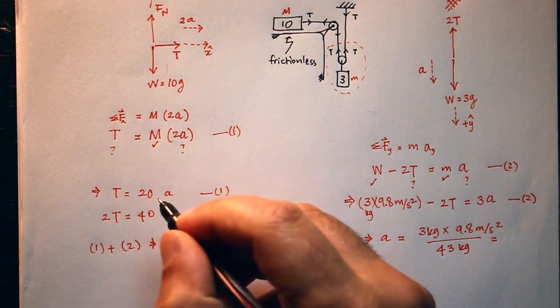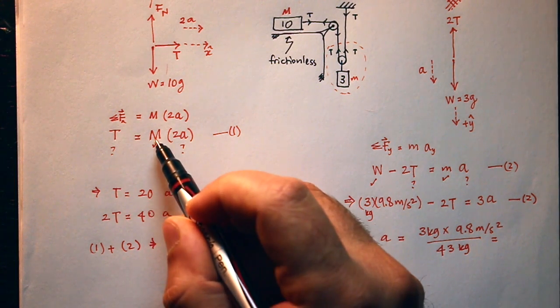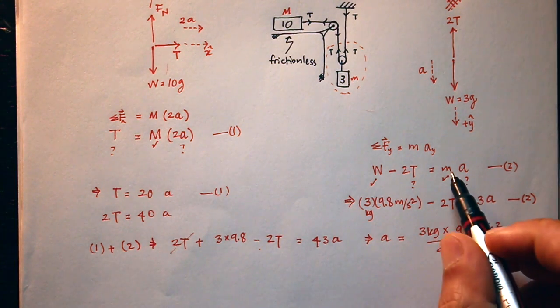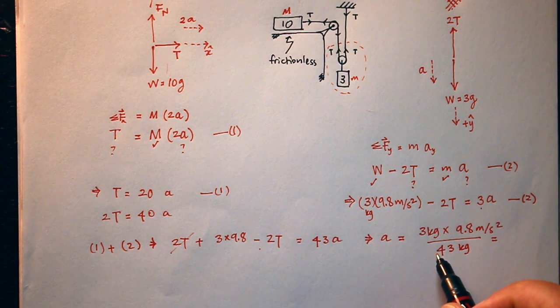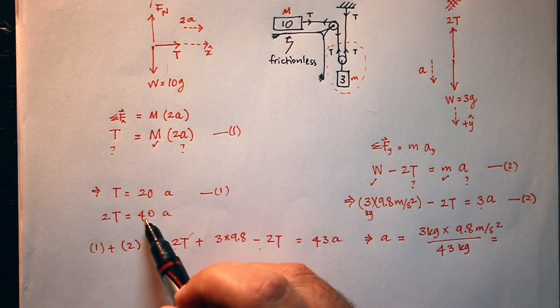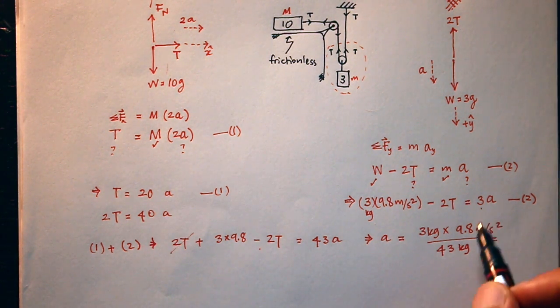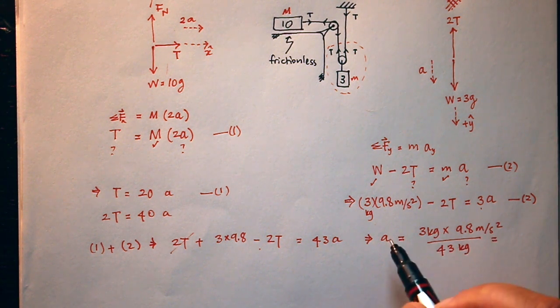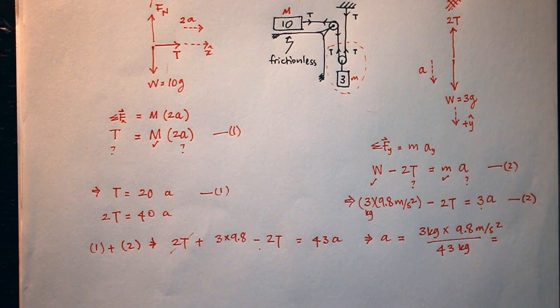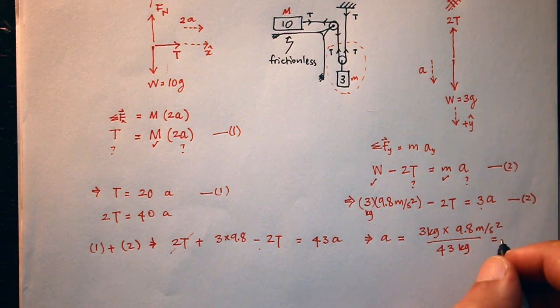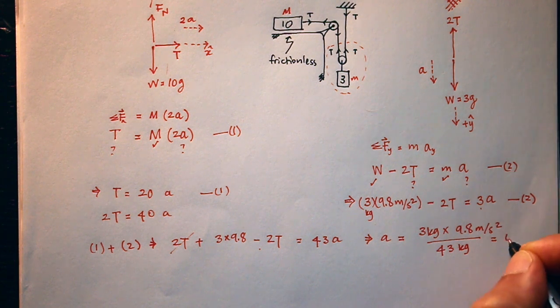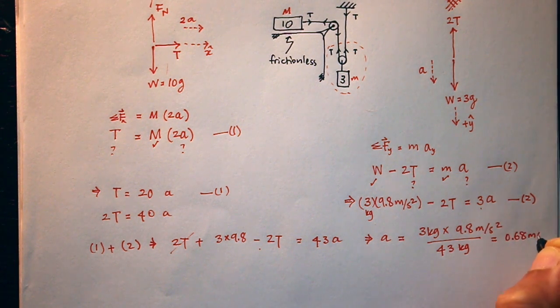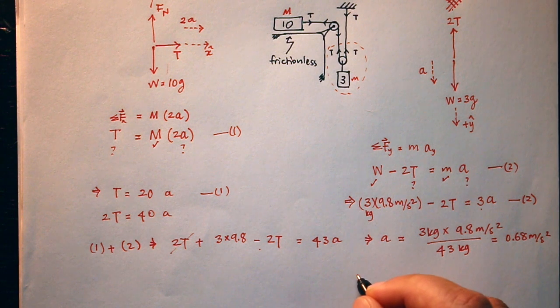Yeah, so if I had kept the units here, this is the mass, so this is kilograms, and this is the mass, so this is in kilograms. So I know that this 43 comes from kilograms times acceleration plus kilograms. So this is kilograms. So I expect the acceleration to be in meters per second squared. So if you work this out, you'll find that this acceleration is 0.68 meters per second squared, which means that